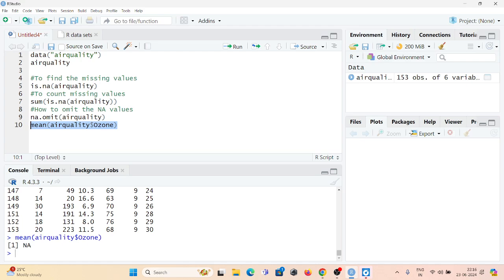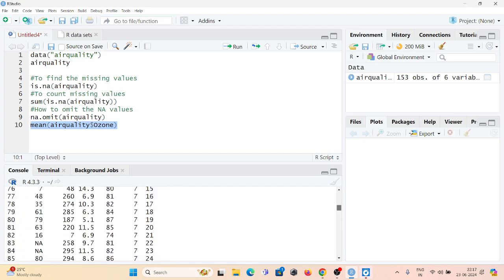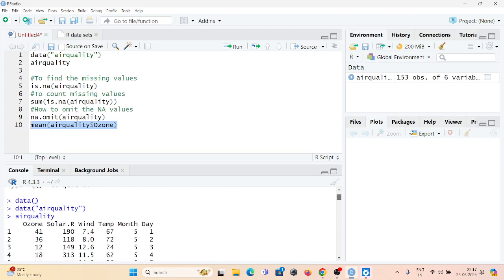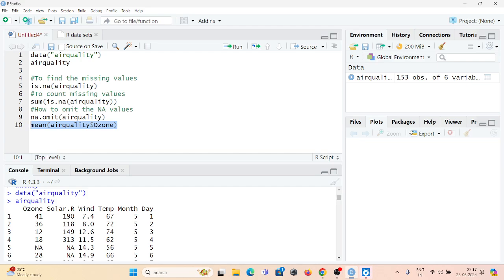Why? Because the air quality data set consists of NA values, that means null values, and if we are interested in finding the mean of the values present in the ozone variable, you can see in this original air quality data set, under this ozone variable, we have NA values, right?